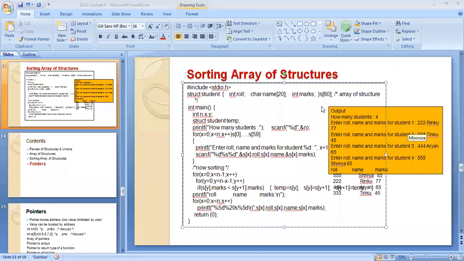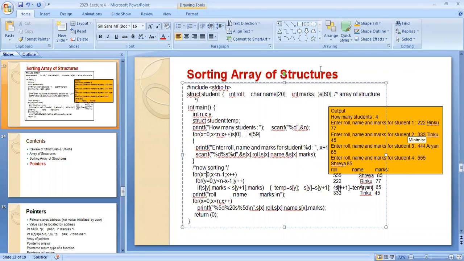First you see here, I will tell you again. If you have not known the concepts, then first see here: while sorting, the first element will be x and the next element will be y. Keep in your mind, x value is equal to 0, y is equal to 1.